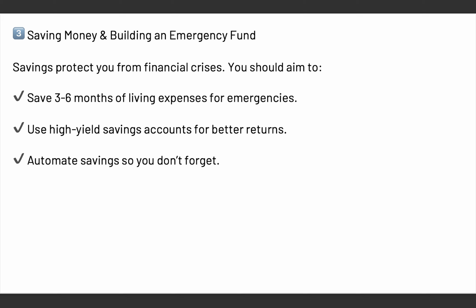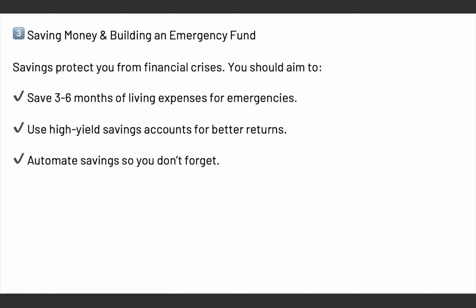You see that the first aspect was making money, so you're already making money. Then the second aspect is to budget that money and track your expenses. After you've done that, the next thing is to start saving money and building an emergency fund, because planning for financial crisis is something that everyone needs to take seriously. You can see right here, it says savings protect you from financial crisis. So if you are saving money and then you face a financial crisis, you can use your savings or even your emergency fund to save yourself.